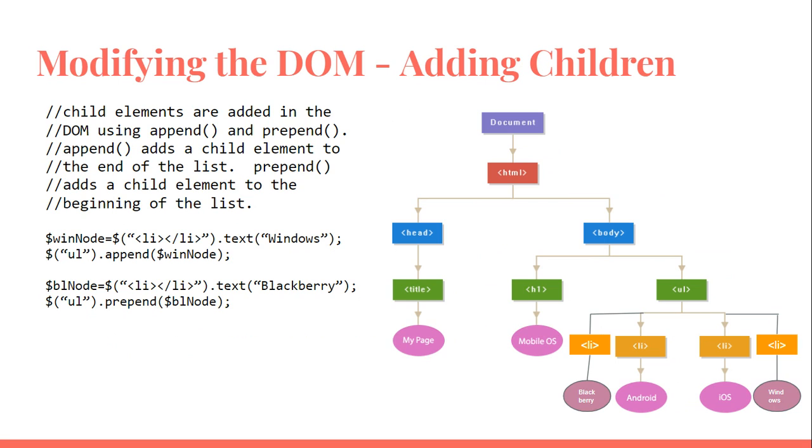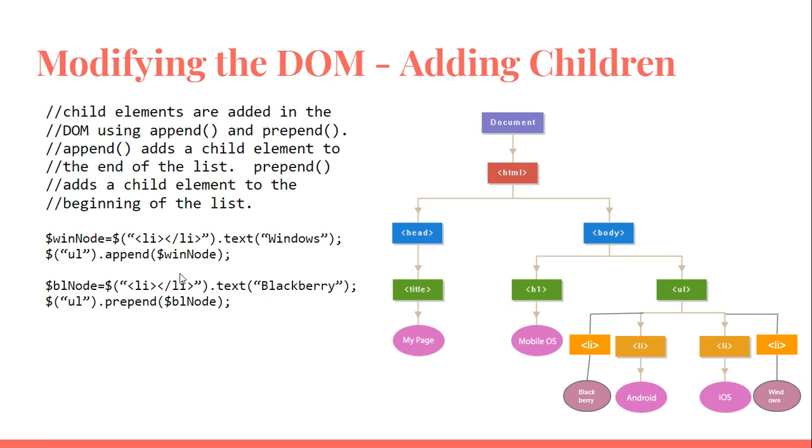Okay, so now we're going to talk about modifying the DOM. Now that we know how to work our way through it, we're going to look at modifying the DOM, and this is how we're going to add children. We use append and prepend. So append adds a child to the end, and prepend adds a child to the